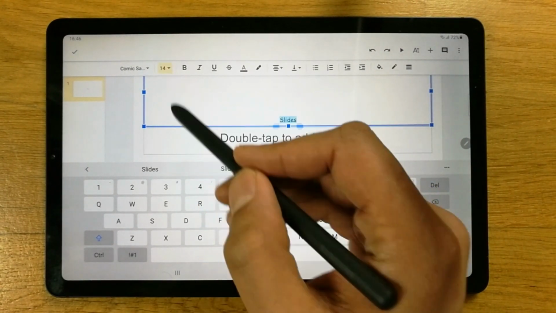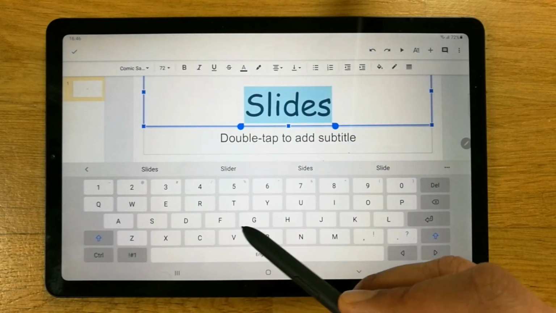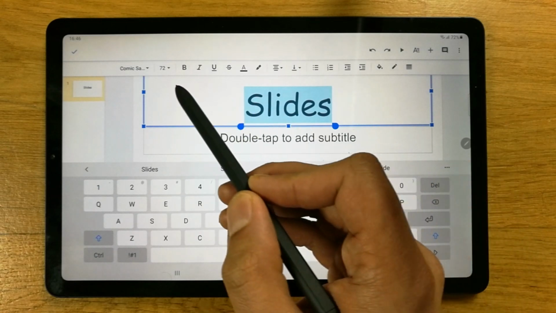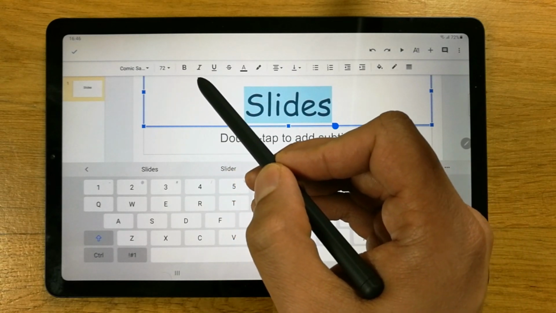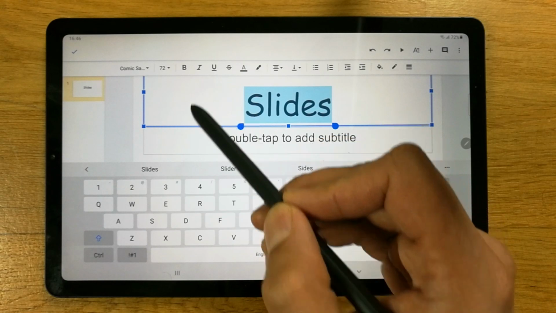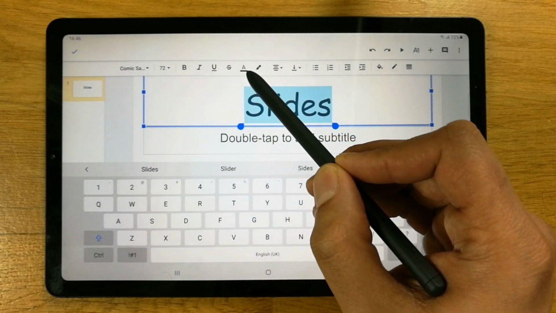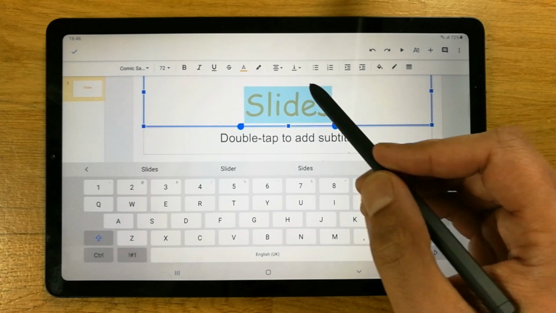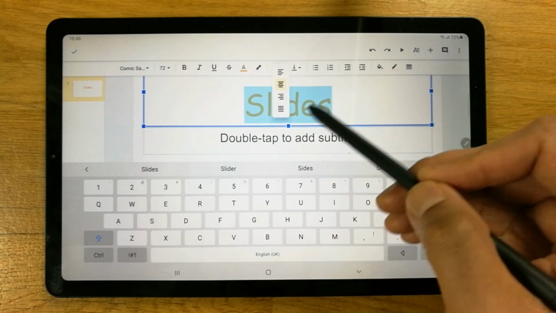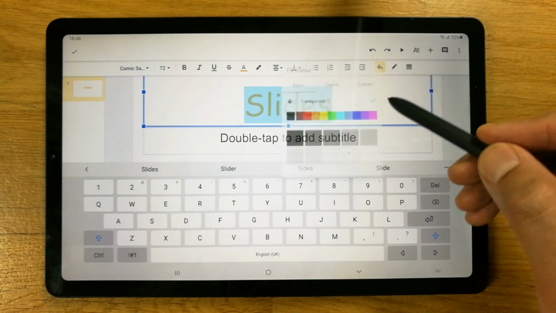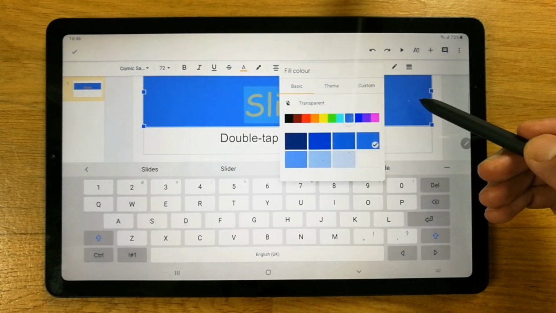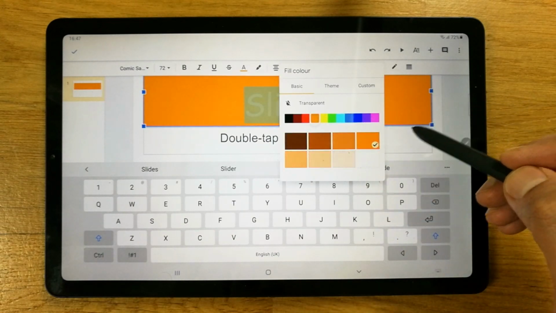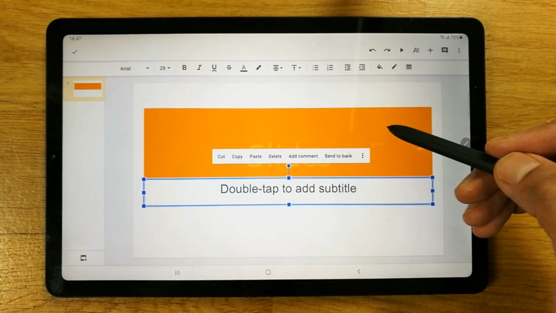You can make your text bold or italic, underline it, and change the color of your text. You can also change the alignment and the background color. So this is how you can use your tools.